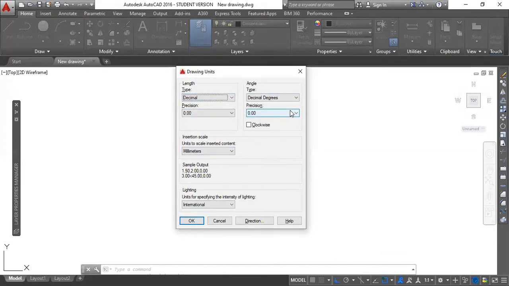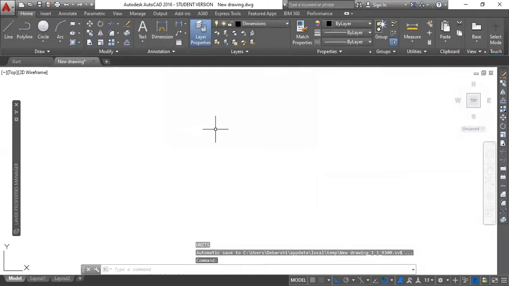In this drawing, I have used decimals and millimeters. There is also a degree decimal place if you want to show some kind of angle, so you can set the precision by default here. This unit setup is for your command inputs, the format in which you will be entering the dimensions, lengths, or angles. The dimension part that you want to show or represent in the drawing is different. That comes under the dimension section, and you can change that anytime.